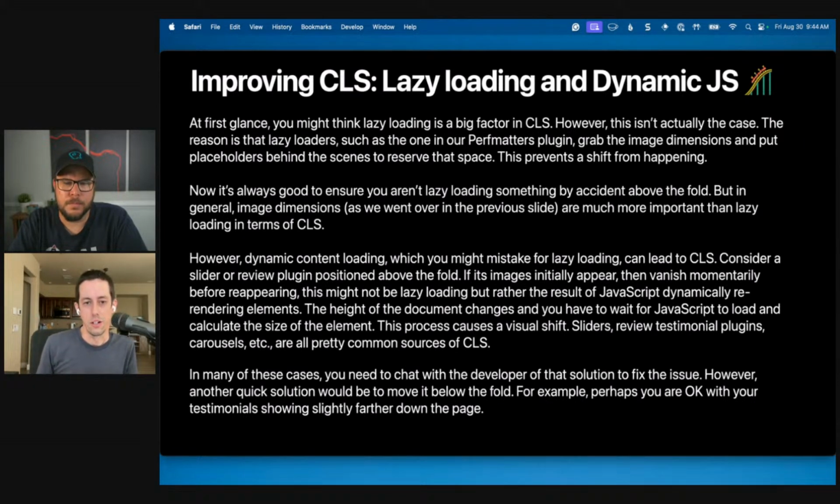Dynamic content loading. This is something you might mistake for lazy loading, but it can lead to CLS. One I see really regularly is a testimonial review plugin. People like to add that above the fold because they like those Google stars showing right away when you hit that page. And I won't throw this plugin under the bus, but there's one that's really bad right now,